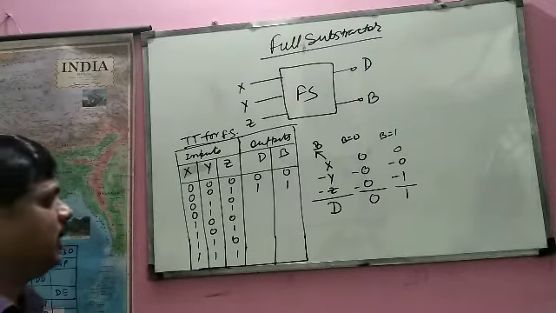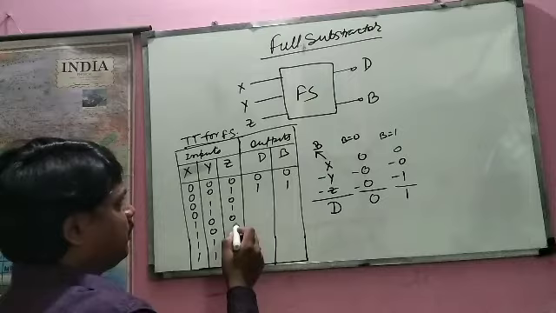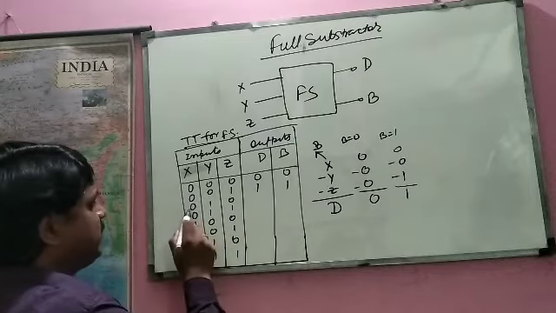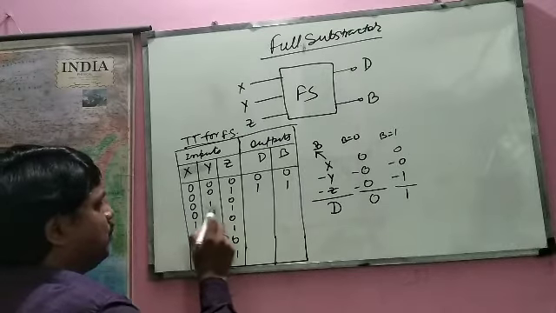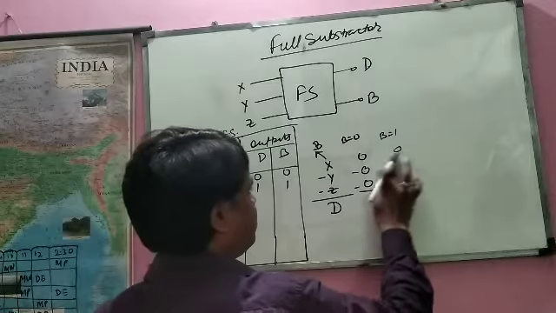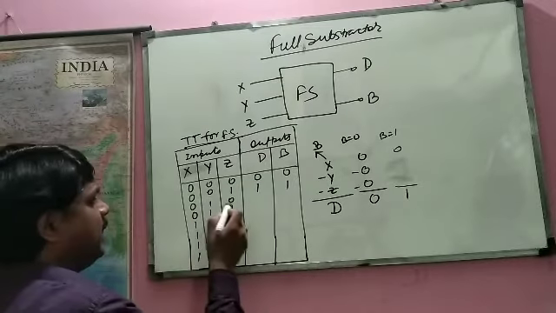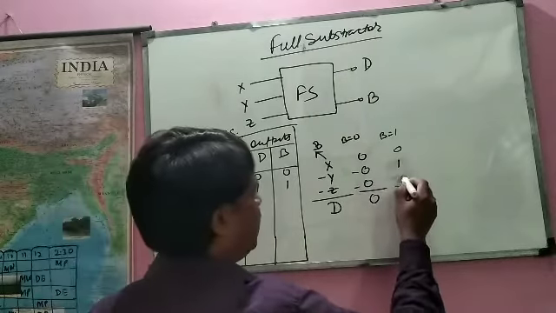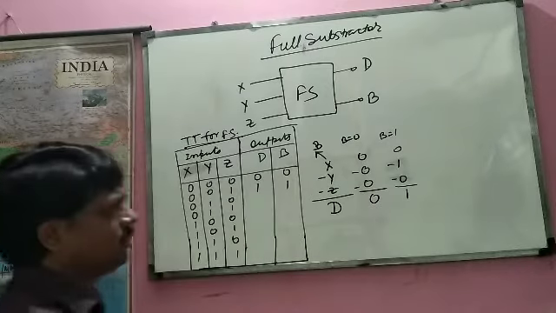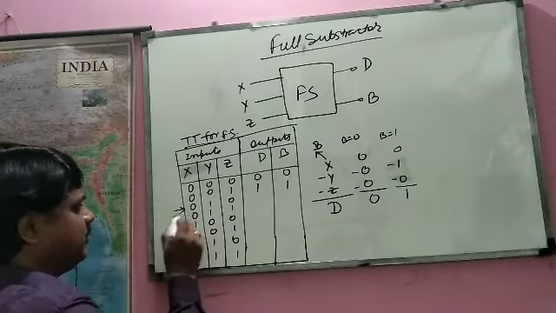Isn't it? Now take the second case, where we have to subtract this one. 1 and 0, 1 and 0. We have to subtract this one. So for the third one we are taking this one.